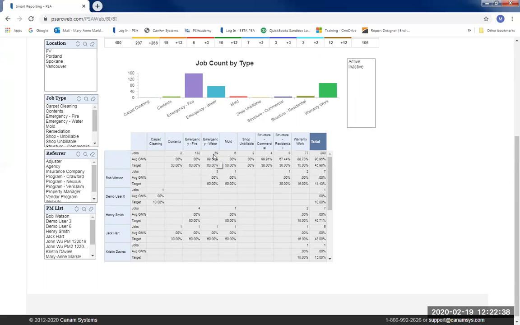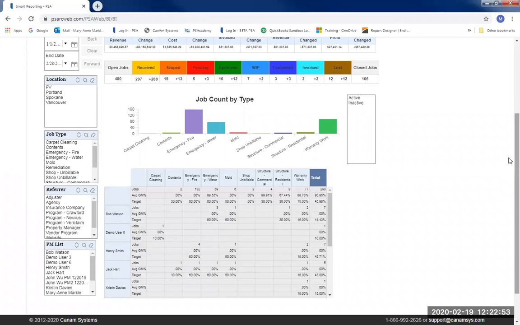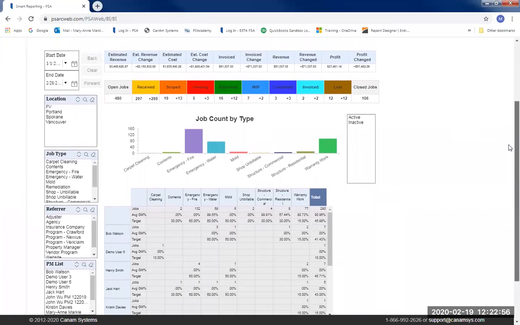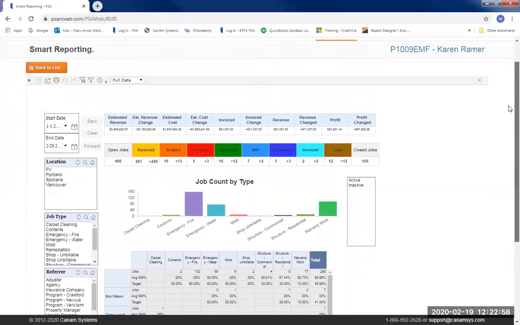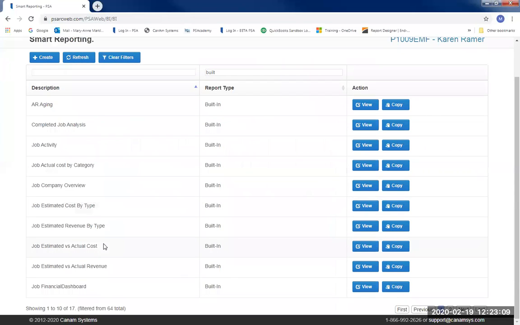Actually, under emergency water, it looks like there was no PM in that top row, and we've got some numbers showing there that they did very well on their gross margin when their target was 60. So again, that report will pull your information in automatically in your companies to give you those kind of stats. Okay, I'm going to go back out here. And the last